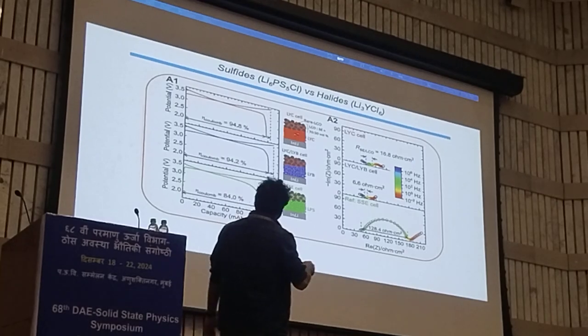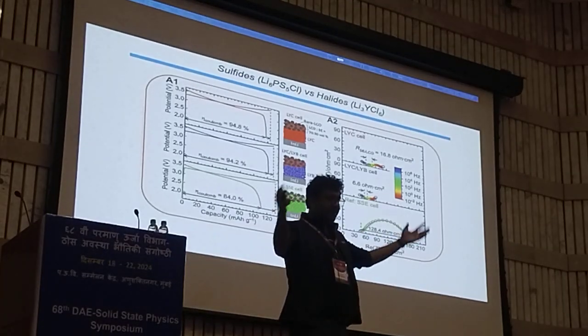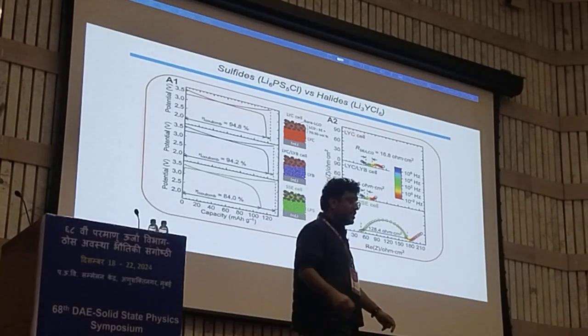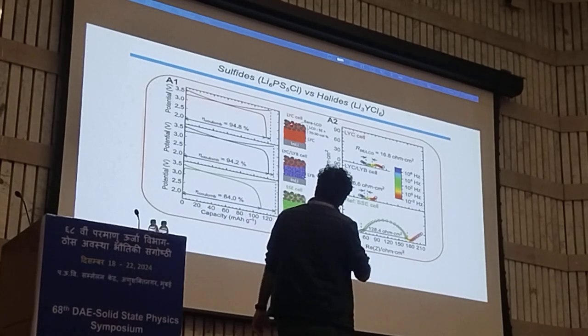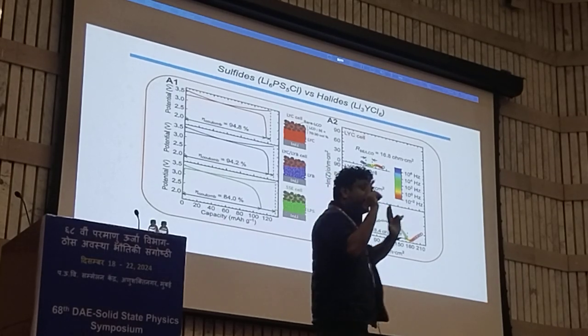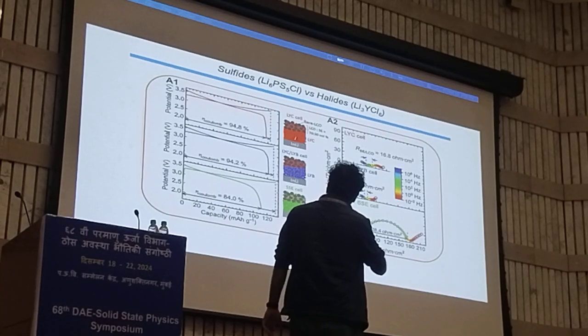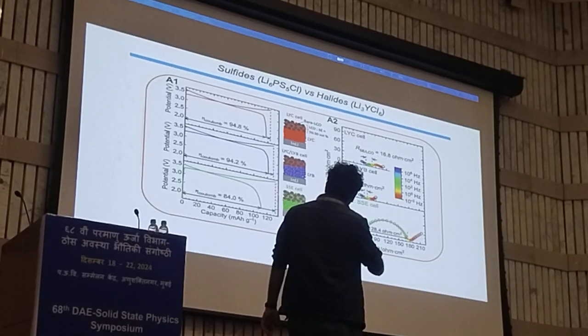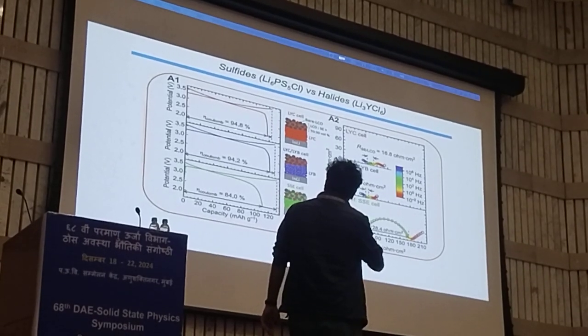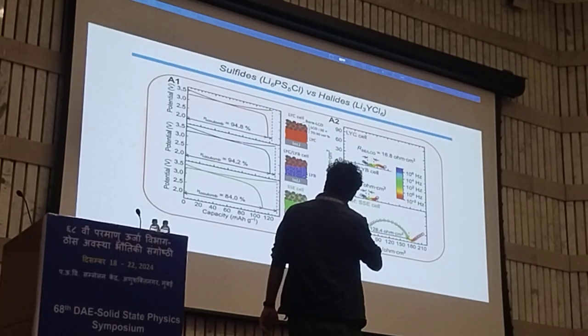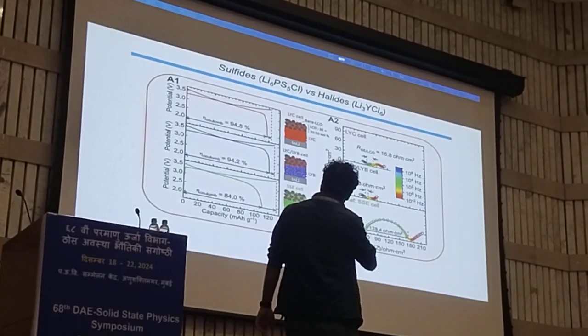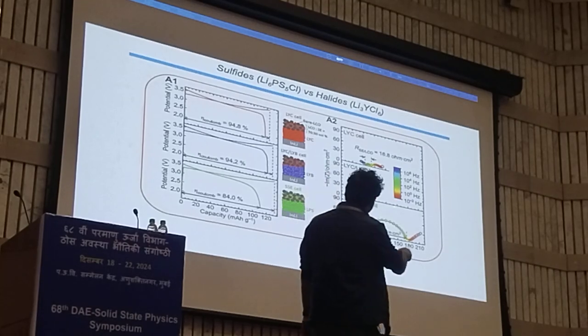Now there is one more thing. Even though you can do a lot of modifications on the cathode surface, still the most stable solid electrolyte on the cathode side is the halide. You can see the lithium chloride, and then the sulfide electrolyte has been made. So there are 3 cells with the same cathode, but once you have the chloride, you have the highest Coulombic efficiency, and once you have the sulfide, you have the least Coulombic efficiency,